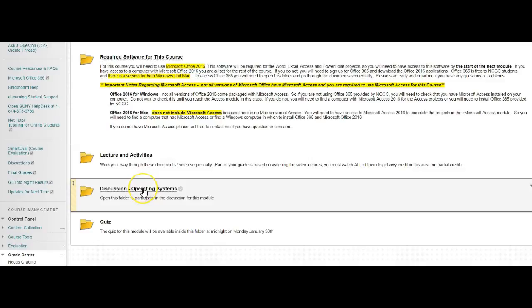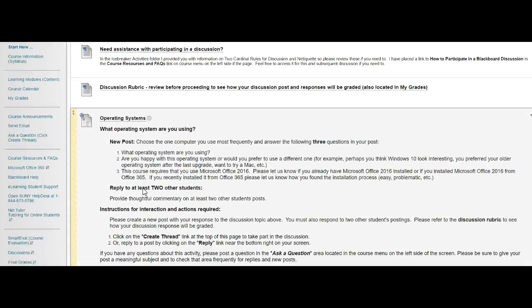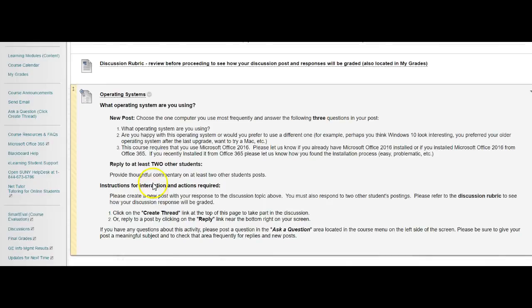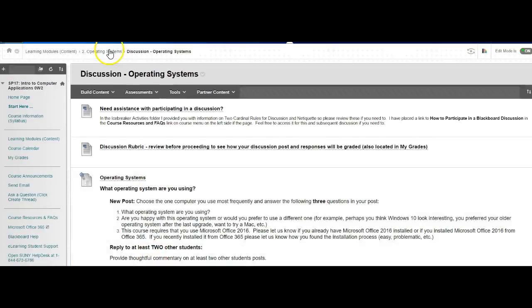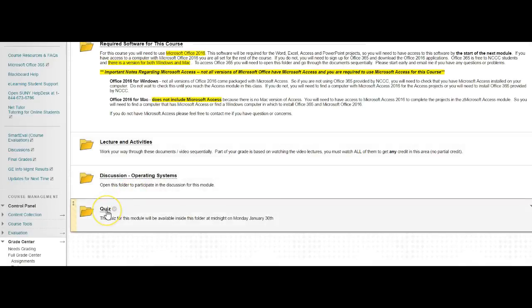And then we have a discussion, just like we did in the last module. This one is going to be on operating systems. Every discussion in this class is going to take the same format. You need to post a response for the discussion, and notice there's 3 questions you're being asked to answer. And then you have to reply to 2 other students. And lastly, there'll be a quiz, and the quiz for this module will be available inside this folder